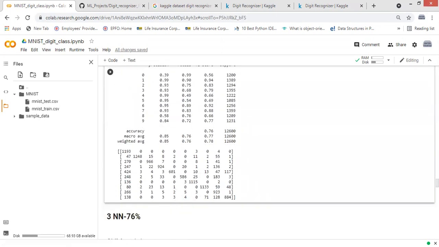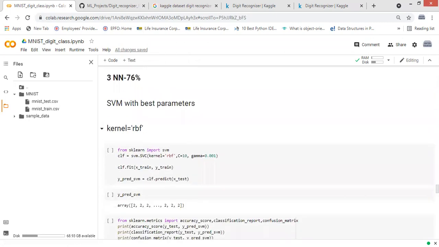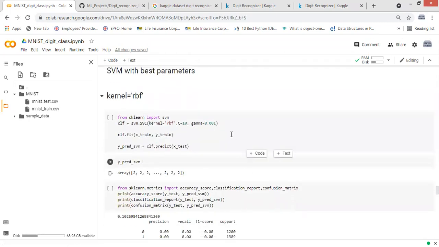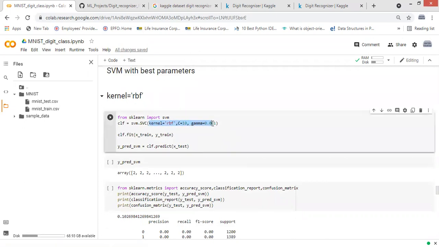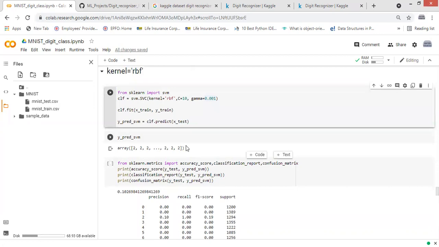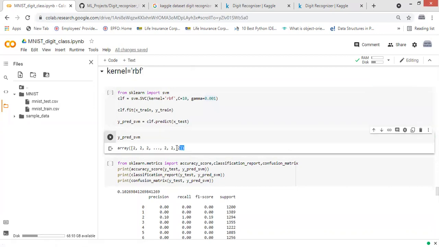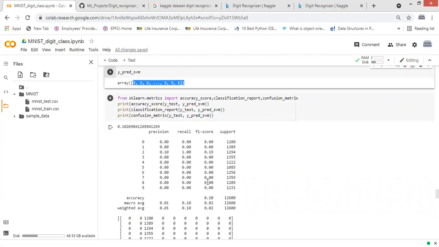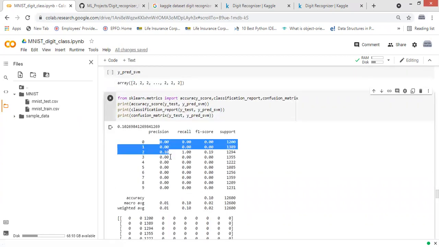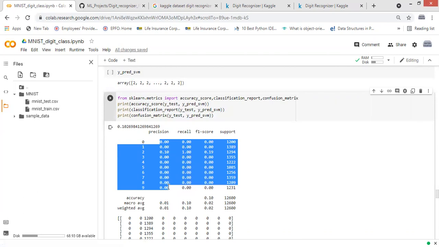Then I also tried different parameters with SVM. First I used the RBF kernel with gamma equal to 0.001. But here the classification continued to classify only two digits, so you can see that the precision is almost 0 for the other classes.